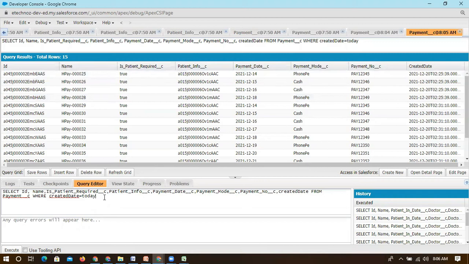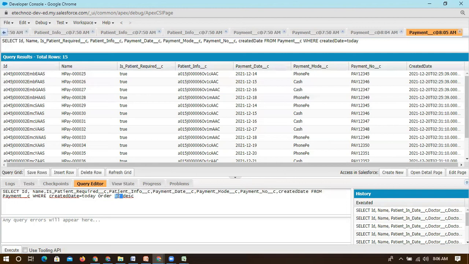What if you want to check, based on their date, ascending order or descending order? That we can also control here. Within this query, where CreatedDate equal to today, if you mention DESC, you have to mention ORDER BY DESC.